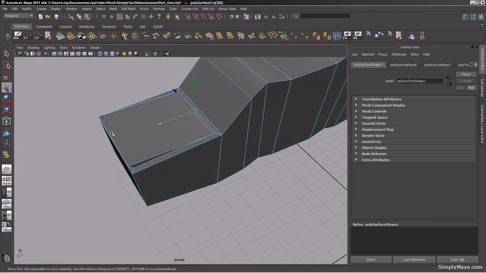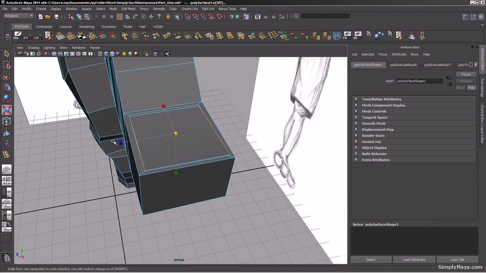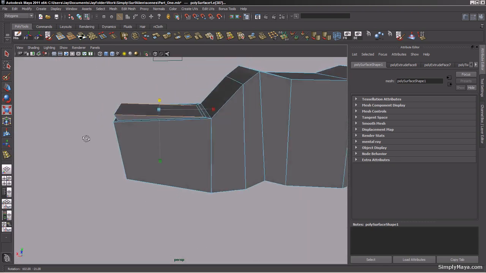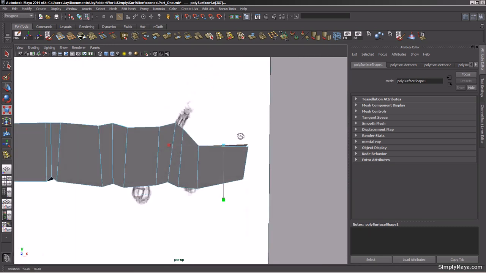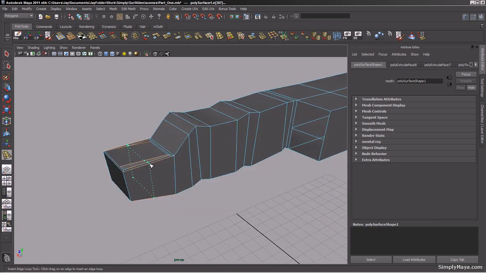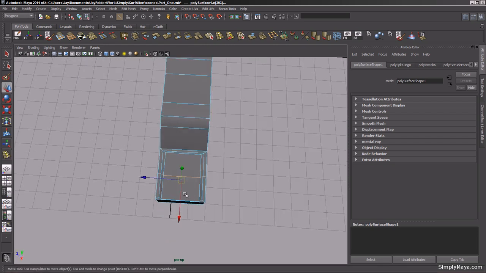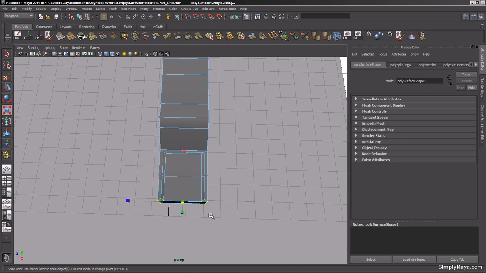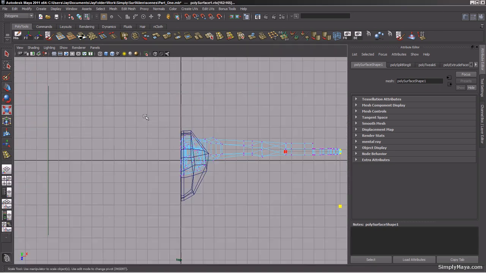Let's just pop that back, and we'll grab these edges and just round those off ever so slightly. Okay, and now what we can do is we can add a couple of loops. The first one we'll do there, and then just scale that, just give this a little bit of shape. If we jump in our top view and have a look,